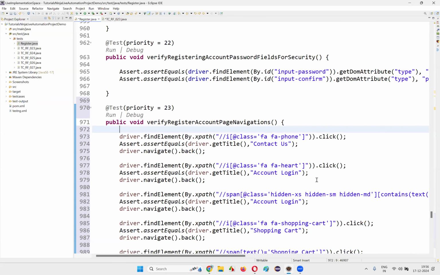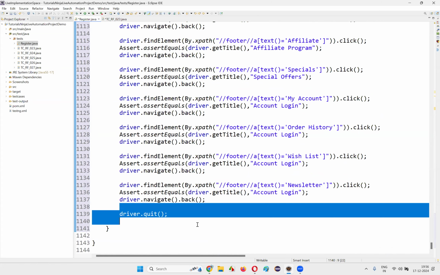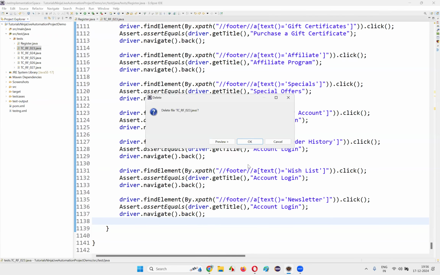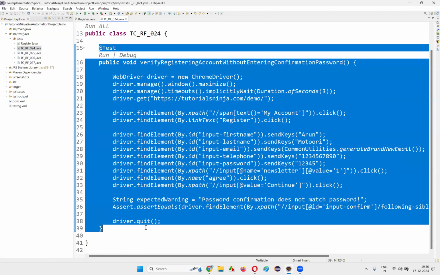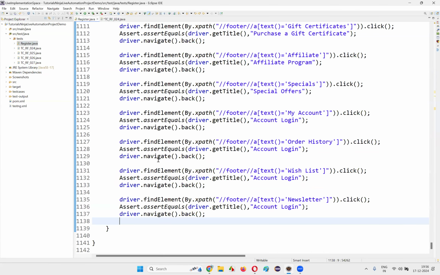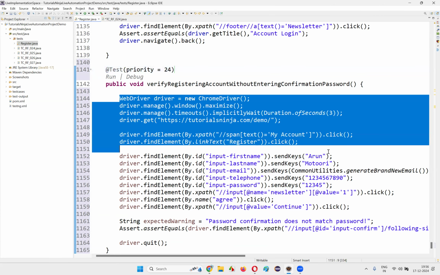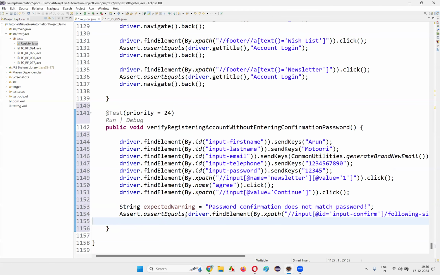Remove this, save this, delete the 23rd, go with the 24th, cut this, go to the Register.java, paste it here, give priority is equal to 24, remove this setup method code and remove the driver.quit from here, save all, delete the